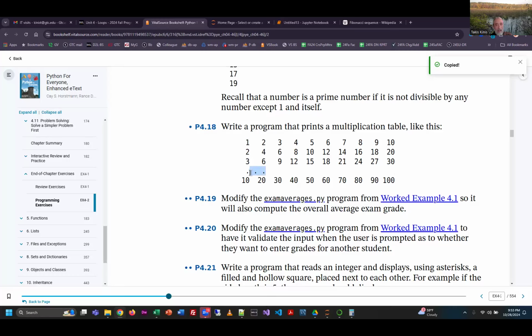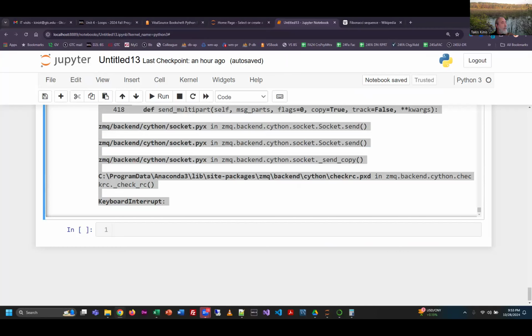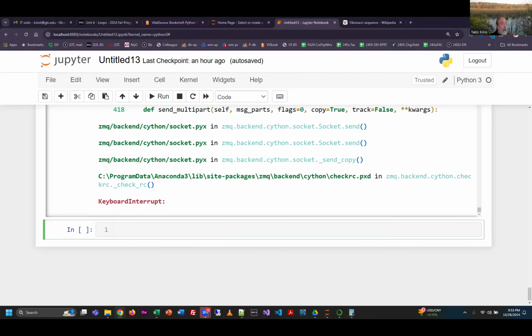Right. And by the way, the ellipsis means all the rows that we're not seeing. So it'd be 10 across and 10 down that we would be doing here. All right. The thing that I think is really astounding about this program is you can do it basically with 3